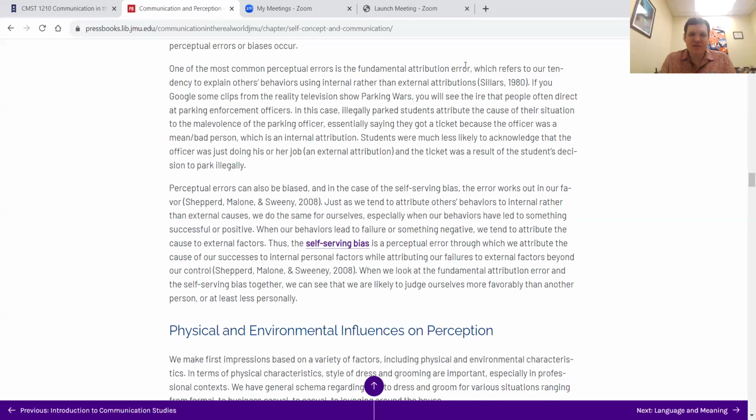So it gives an example about Parking Wars where, again, are we blaming someone with that internal attribution? Are we saying it's caused by them because they're bad or because they're good, instead of looking at the whole situation? So sometimes with that perception, again, we're selecting information. We just select to focus on that person and their internal attributes, and not zoom out to focus on the situation and select that part of information. And we may not know the other information that may be causing someone to act.